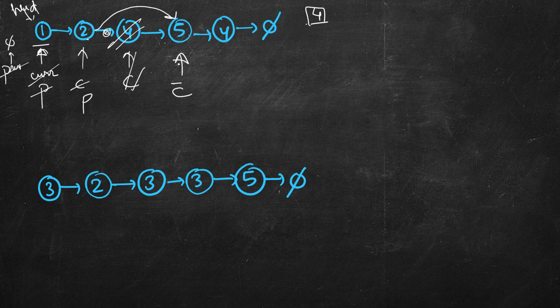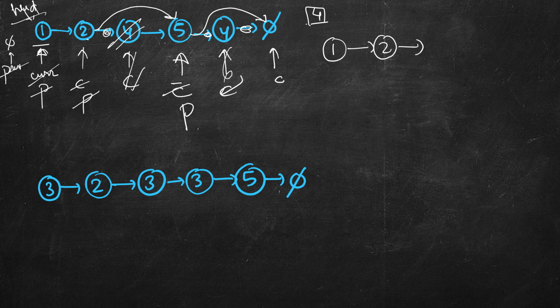Just move the current. Again, it does not match, so our job is simple. Previous becomes current and current becomes its next. Now again it matches. So move this link here to whatever was its next. And current comes here. Previous remains here only. Now when current is null, we stop. So let's write it again. We will return this head. So head is 1. Its next is 2. Its next is this 5. There is only one next pointer, so if we assign it a new value, this will be gone. So next of 2 is 5 and next of 5 is null. So this is the new list which is expected.